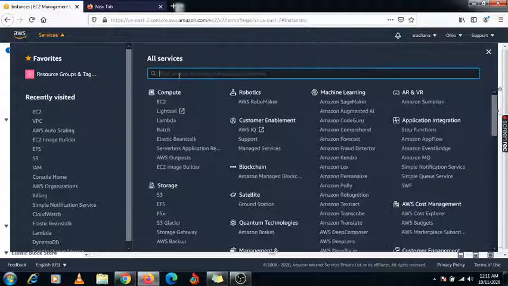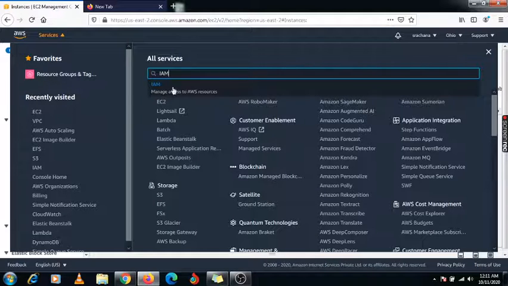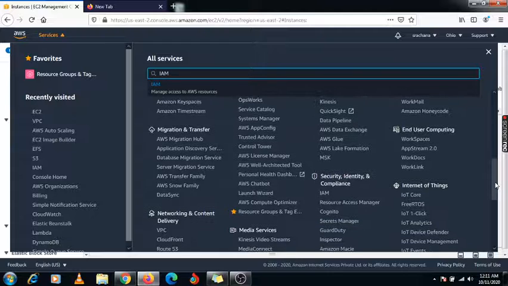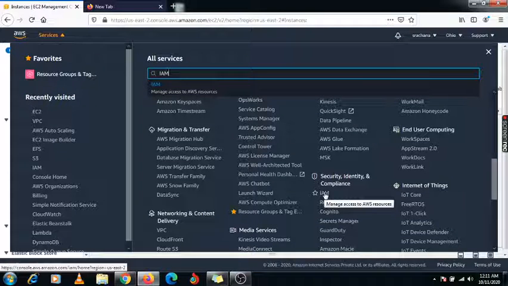This is my web console for AWS. Here I need to check IAM. So IAM we will get under the security features. Under Security, Identity and Compliance, here is the option of IAM. Just click on it and open it.